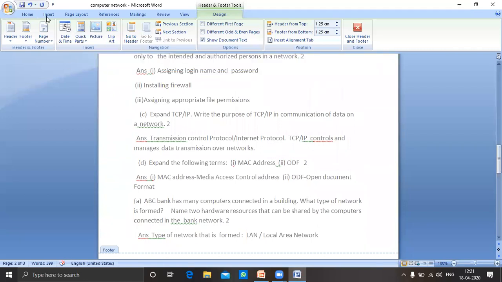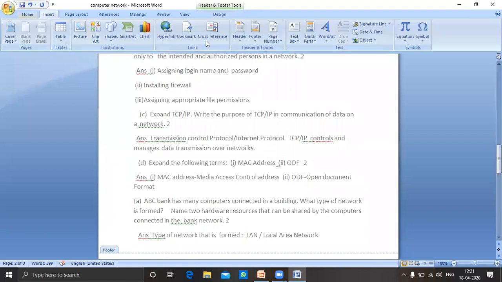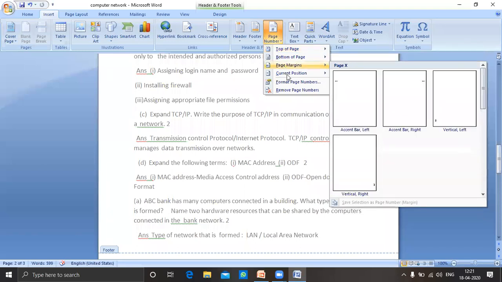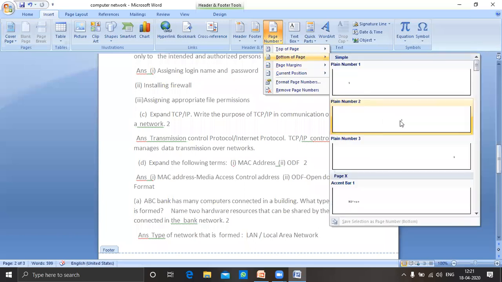Now, suppose you want to insert a page number, again click on insert and then click on page number. Where do you want the page number? At the top of the page, at the bottom of the page. It is displaying different samples side by side. Then on the margin of the page, or where the cursor is. Suppose you want the page number at the bottom of the page. So in what format?